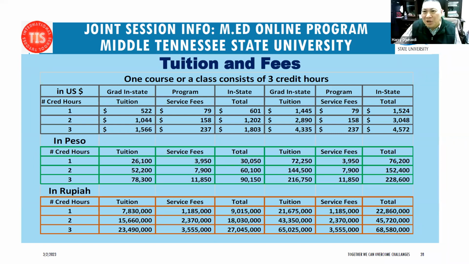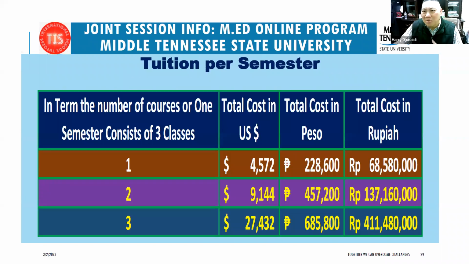All right. So move one more, Ma'am Samira. Go down one more slide. So basically, this is in courses. We translate everything on the top table. Now we say, in terms of courses, how much is that? 1 course, 2 courses, and 3 courses. So that's what you basically look at.